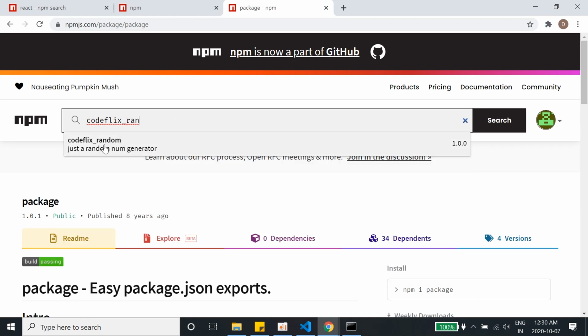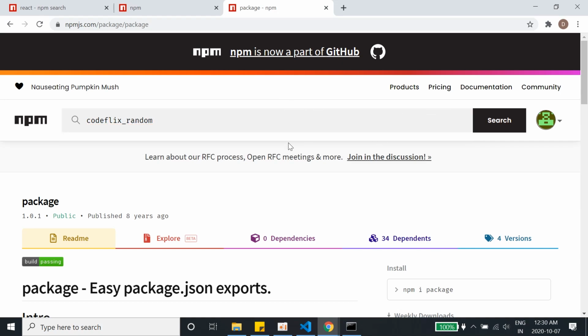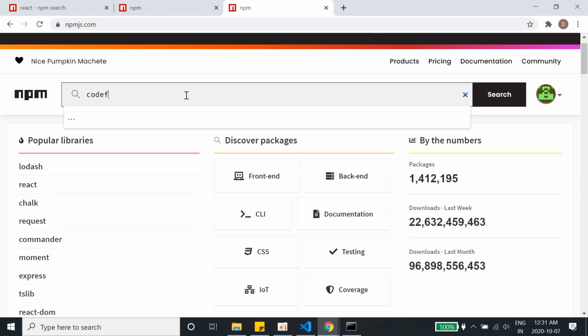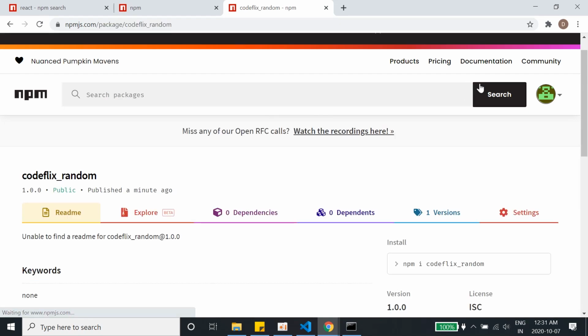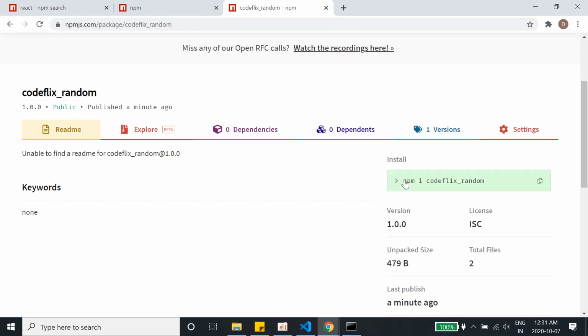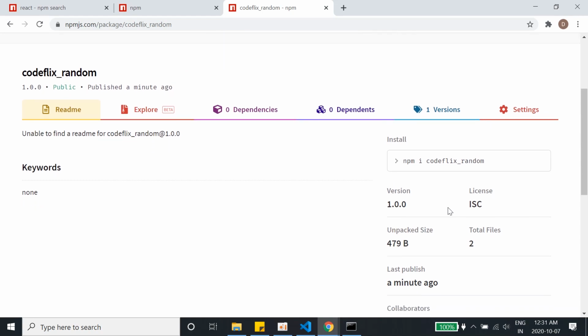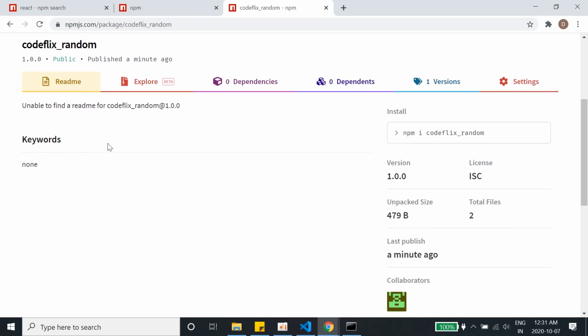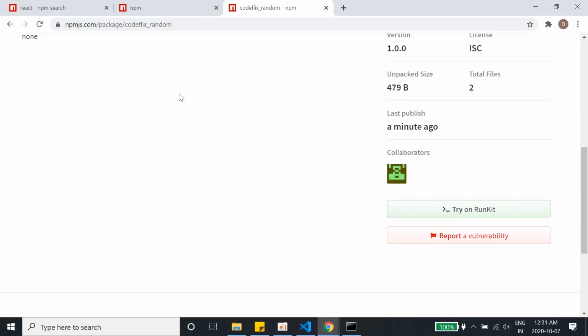Let's search it. I don't know why it's not working. Yeah, it's working now, I guess. I'll do it again, codeflix_random. Yeah, so this is the package which we created. So just npm i codeflix_random, anyone can do it. See, the access to it is public, published a minute ago. It is public, and we can do anything with this now.